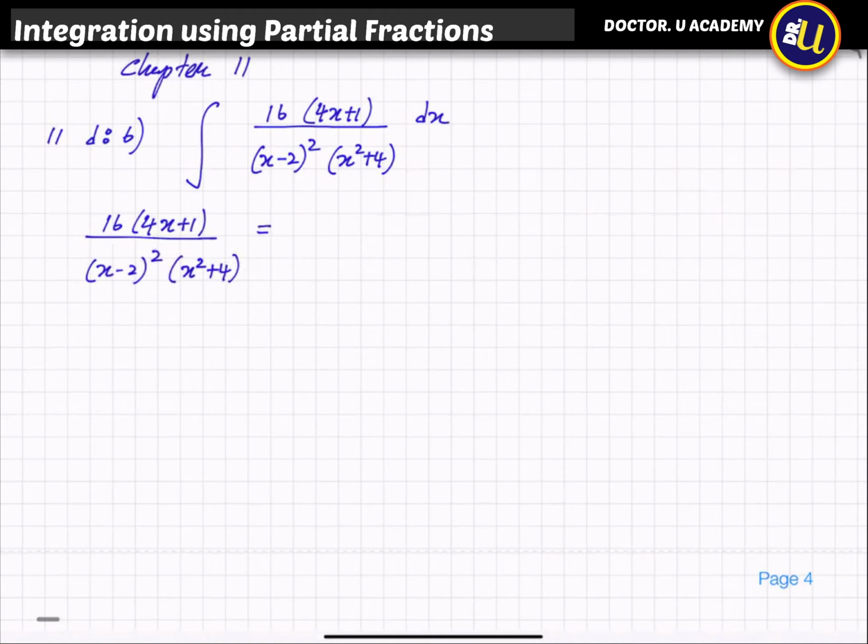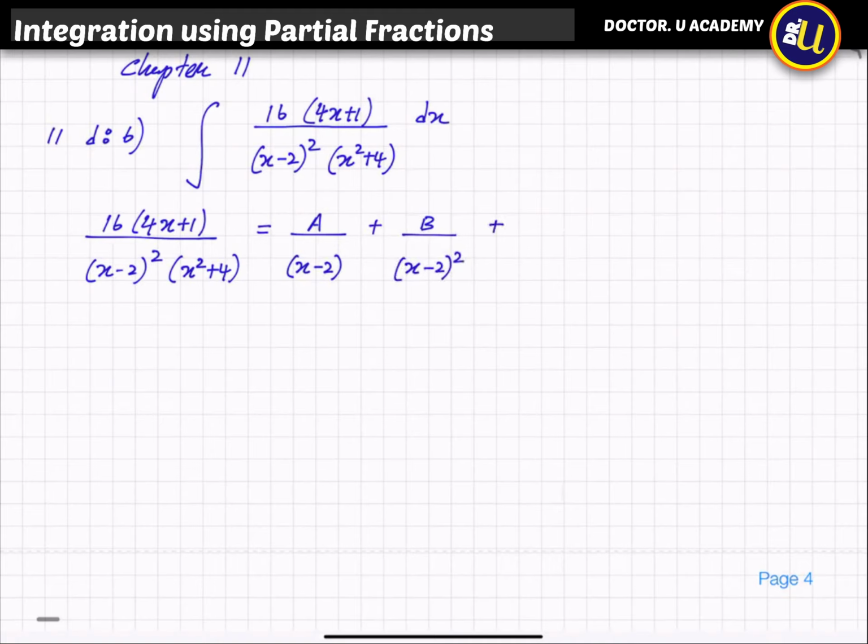Now you can see in the numerator the total power would be 1, the denominator total power would be 4. So you can write a divided by x minus 2 plus b divided by x minus 2 squared plus,